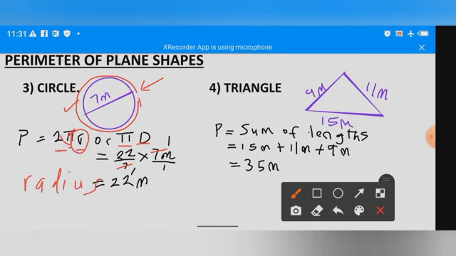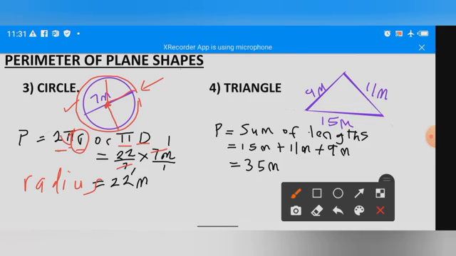And what's the radius? The radius of a circle is the distance from the center of the circle. If this is the center of the circle, the distance from the center to the circumference, to the edge of the circle, is what we call radius. So from here down here is radius. From here to this point, radius. Now,